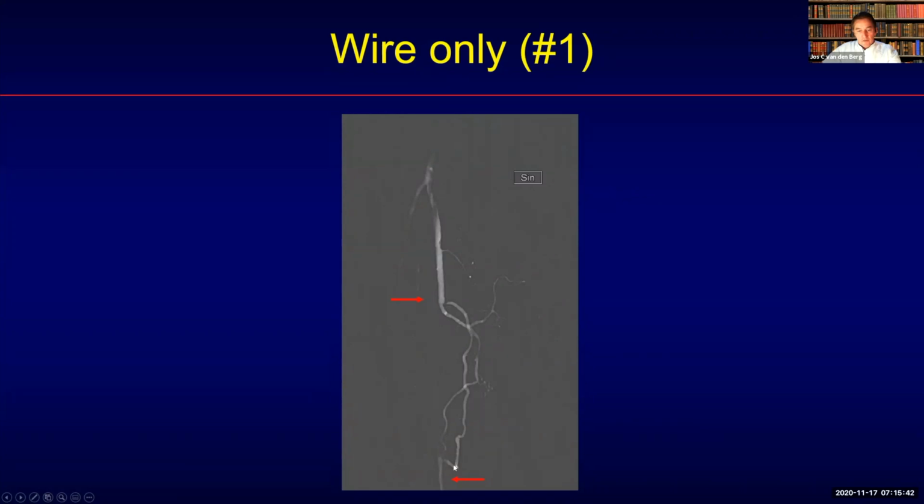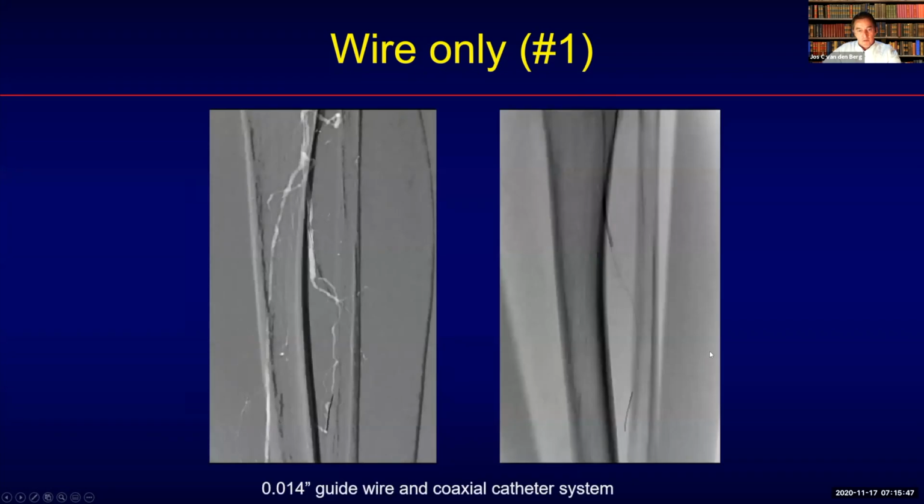These collaterals are of course too small and too tortuous to navigate with a balloon, and that's why I inserted again a 014 guide wire with a coaxial catheter system. This is the diagnostic catheter with a microcatheter already inside. At that time I still used a pro-grade microcatheter that we typically use for embolization, but we now have much more dedicated material available. All the support catheters 014 compatible that are on the market nowadays,